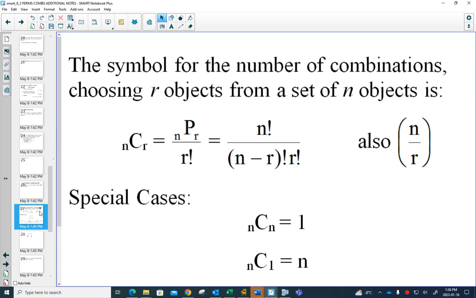Actually, it's a small typo here. There shouldn't be a line there. But we're mainly going to use nCr as our notation. And all a combination is, is a permutation with the order taken out. So when you take a permutation and you divide by r factorial, what you are basically doing is